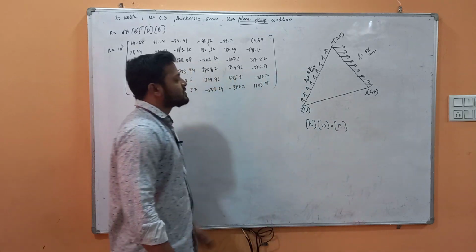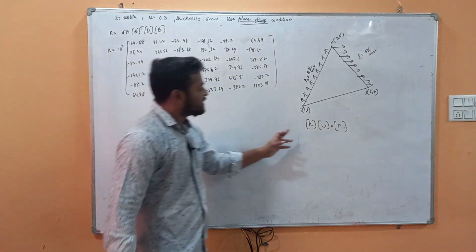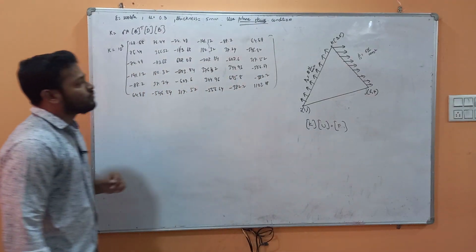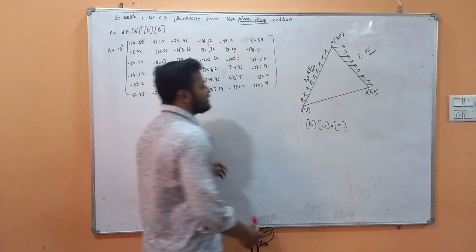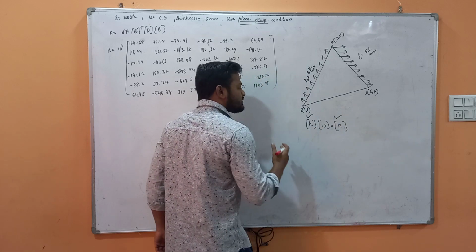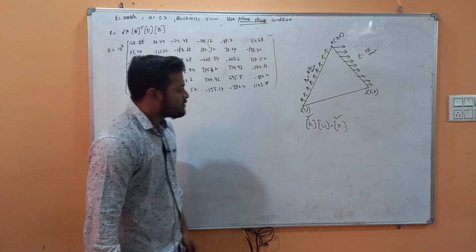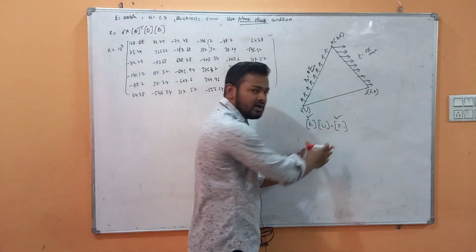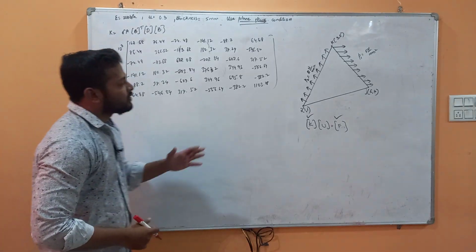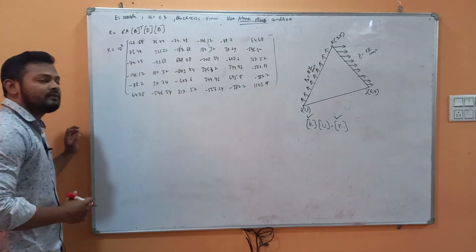So our finite element equation is k into u is equal to f, which we have been studying since the start of this subject. So we got k. U is the displacement matrix, which is U1, U2, U3, U4, U5, U6, that we will be directly substituting. So we have to find k and we have to find f. After substituting k and f, we will get the values of u. But in this problem, he is not asking us to find the values of u. He is just asking us to substitute here and leave it as it is, just to formulate the finite element equation. So here we are not going to find the values of u, and we are just going to substitute and leave it there itself. We can also find the values of u.